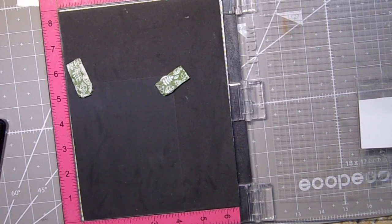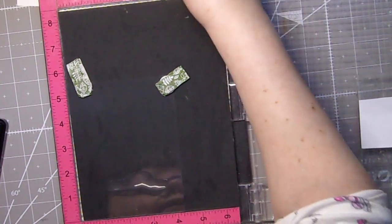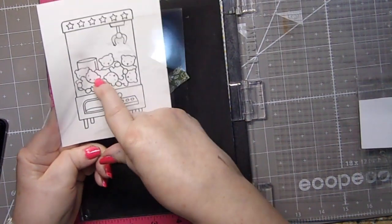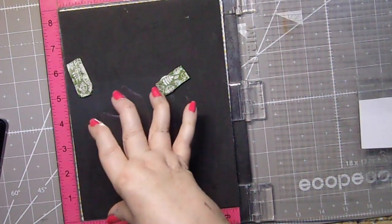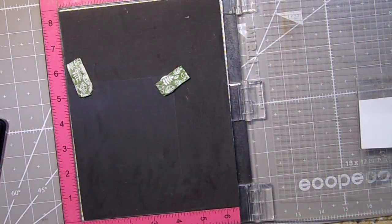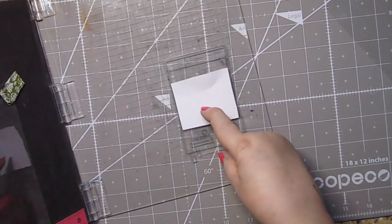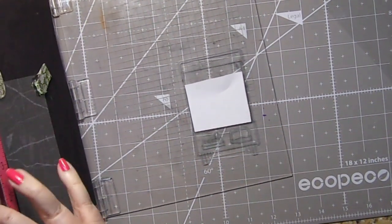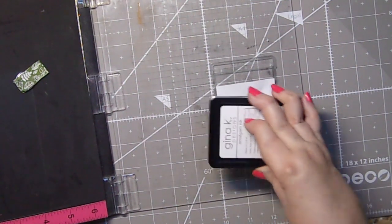So what I wanted to do next is stamp the outline of my game, but not the bears or the claw, because I want to make this acetate look like it's raised, which it will be. I'm going to move this over so you can see it. I put a piece of paper over the center of where the bears are, so that the bears are out of our way. I'm going to ink all the